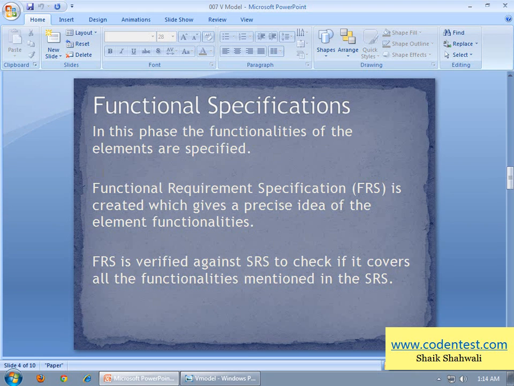These details are noted in FRS, the functional requirement specification document. FRS is created in the functional specification phase.